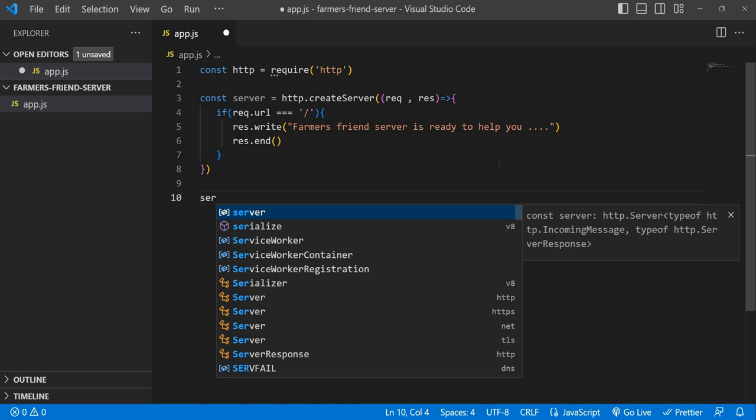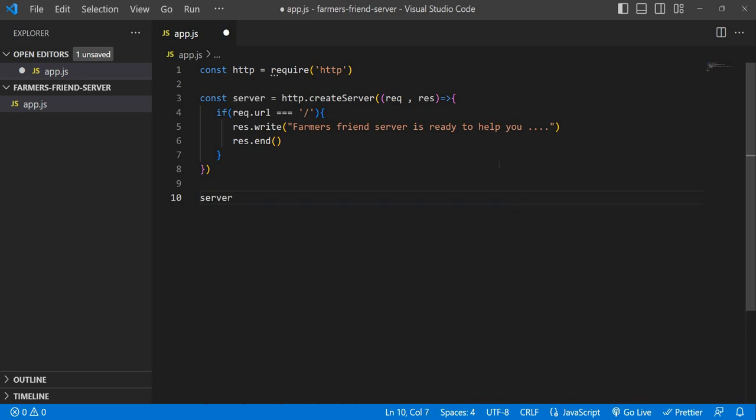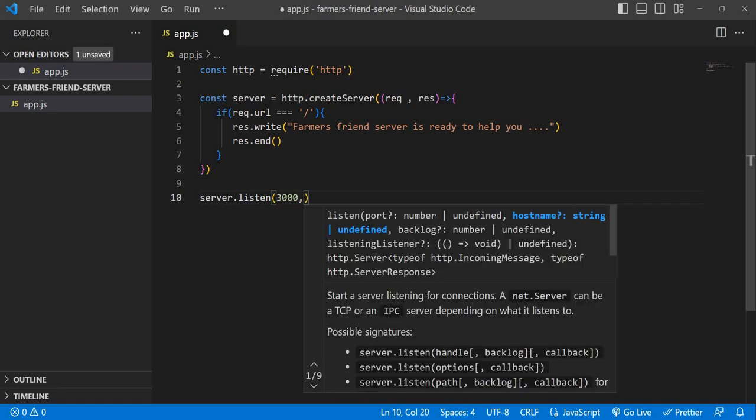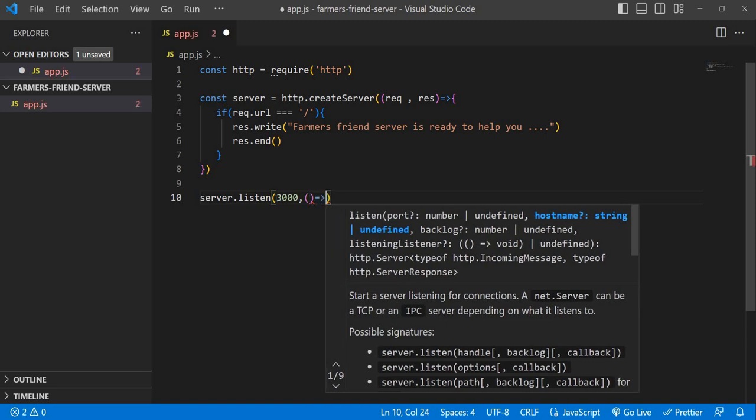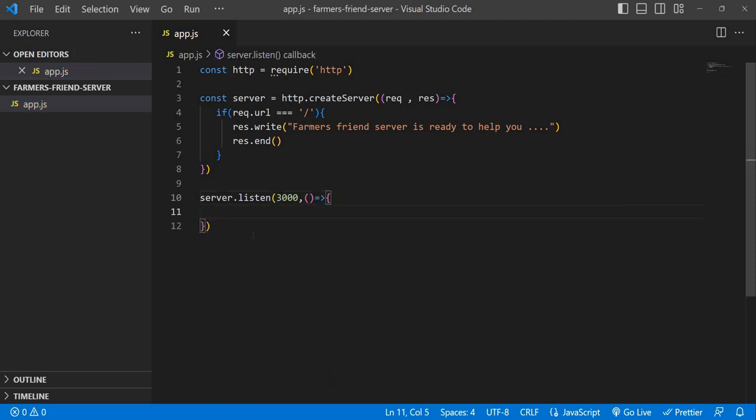We have created a server, right? It's an object, and it has another method, server.listen. Again, this is a method, that's why we are invoking it. Here we should mention the port number and again a callback function. In the callback we can write a console.log: application is up and running at